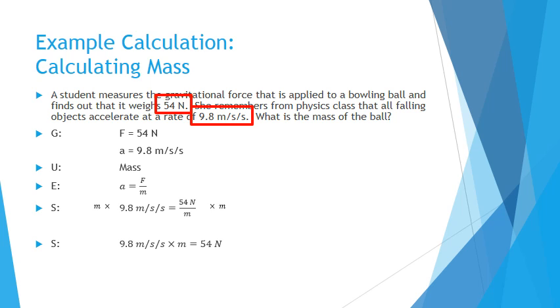And now this becomes a lot more similar to the previous problem, where all I have to do is get rid of that 9.8 to get M all by itself. Right now I'm multiplying by 9.8, so I'm going to divide by 9.8, which means I divide the other side by 9.8. Now we know exactly what to type into the calculator. Hit pause on the video, please, and do that calculation. If you took 54 divided by 9.8, you would find out that this simplifies down to M equals